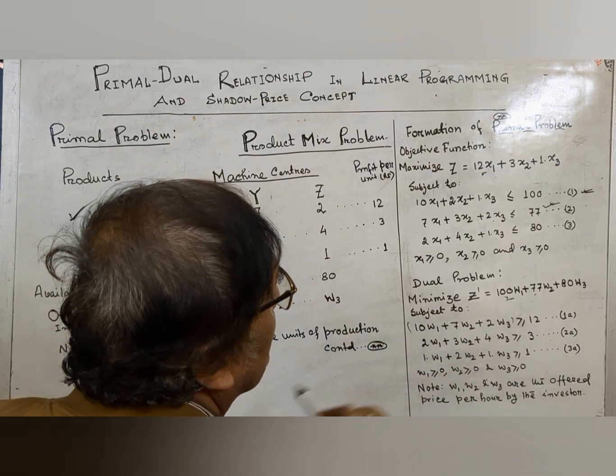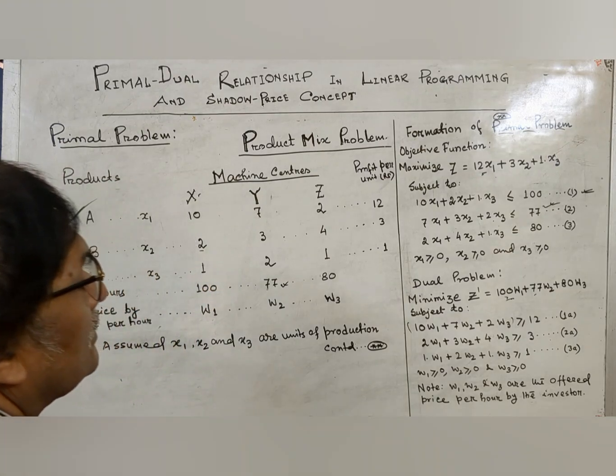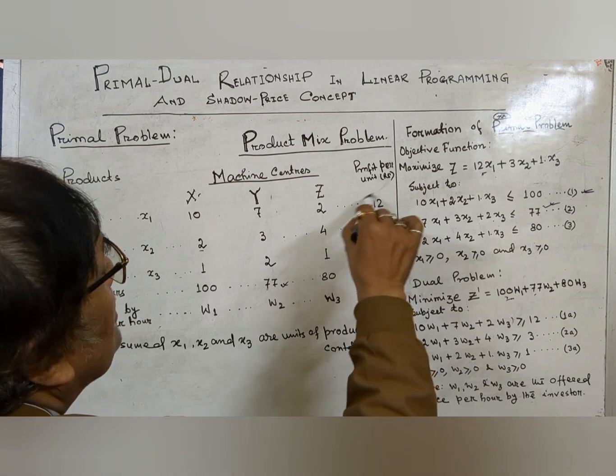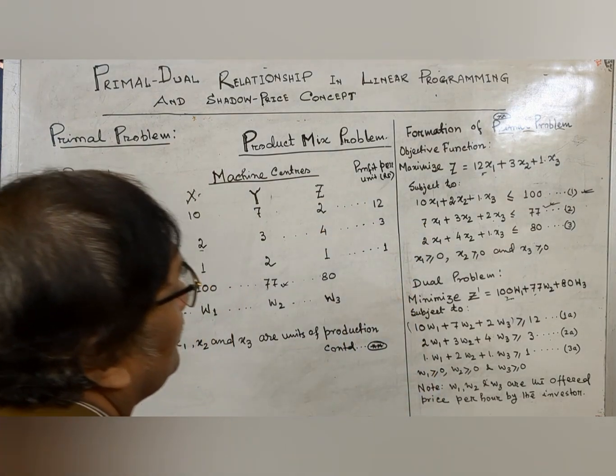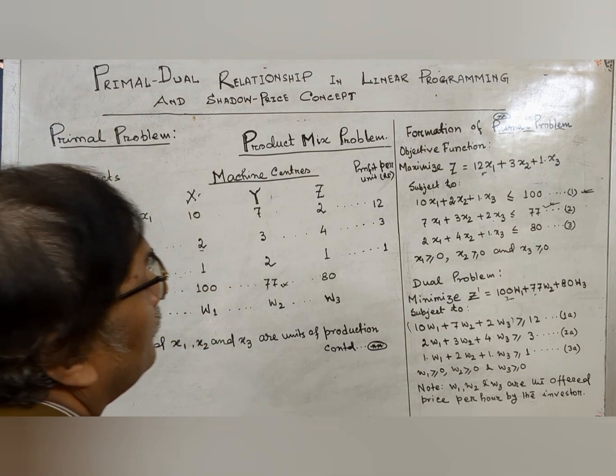If the total of this, whatever amount the manufacturer gets by selling the resources, is greater than or equal to 12, that is at least rupees 12, the profit per unit,